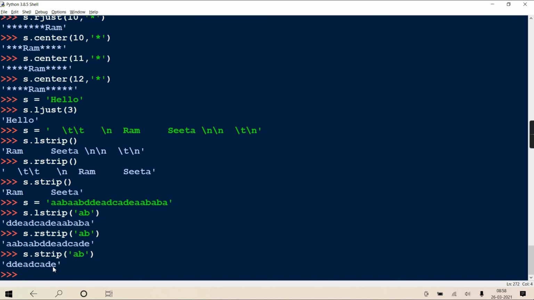Now a few more methods are remaining, like the searching methods. That we'll be discussing, and then we'll start with the last topic called regular expression. Regular expression is also an important topic of this chapter. So that we'll be doing in the next session.